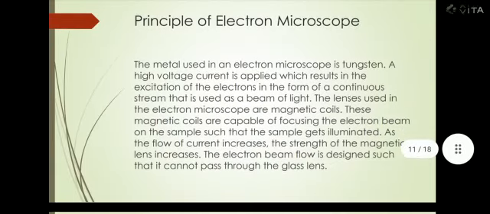Principle of electron microscope. The metal used in an electron microscope is tungsten. A high voltage current is applied, which results in the excitation of the electrons in the form of a continuous stream that is used as a beam of light. The lenses used in the electron microscope are magnetic coils. These magnetic coils are capable of focusing the electron beam on the sample such that the sample gets